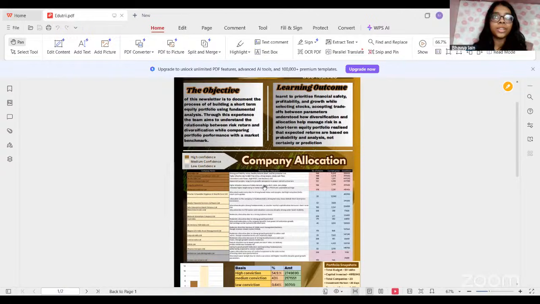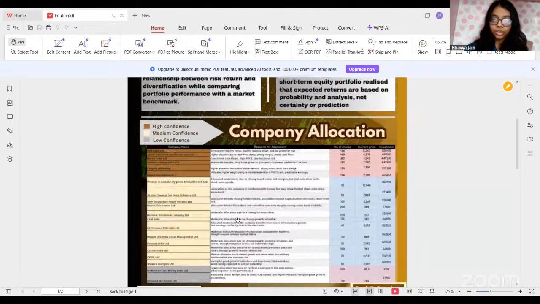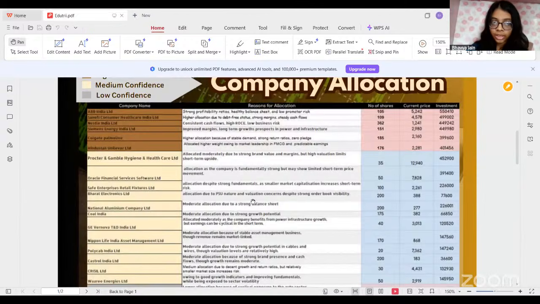We have tried not to select some common companies like Infosys, TCS, or Tata companies. We have tried to give our time and effort to those companies which are not very familiar and well known. If I talk about the company allocation, we have chosen 20 companies, and on the basis of these parameters, we have studied ROCE, ROE, P/E ratio, and pledge percentage. We have prioritized and we have